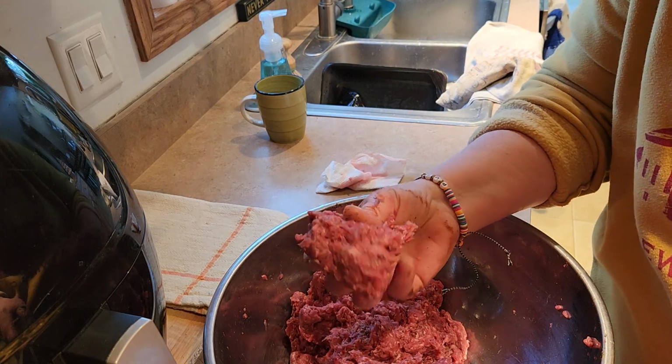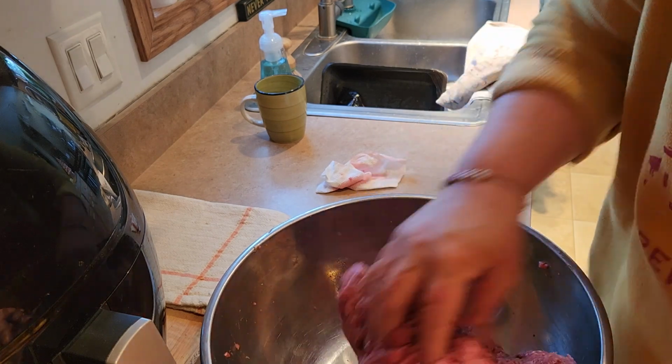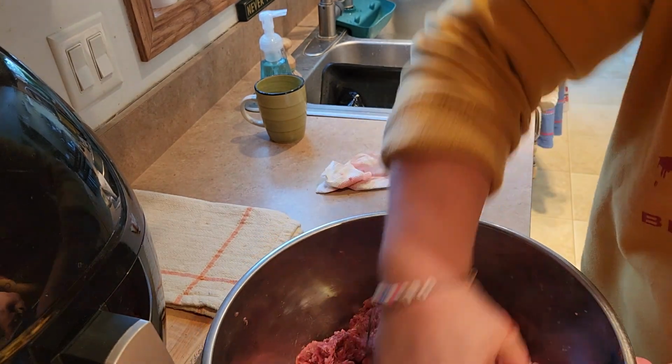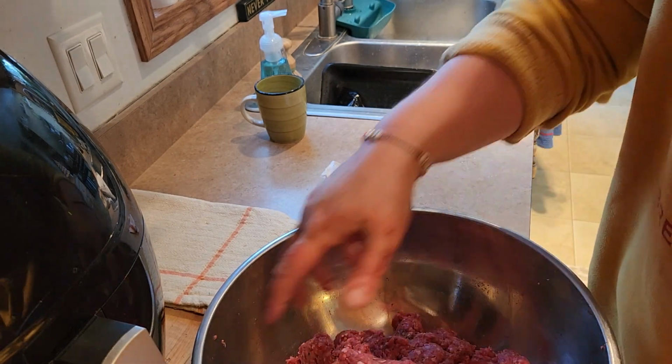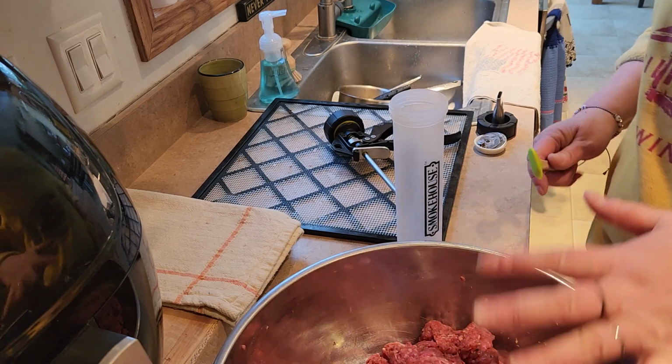I don't know if you can see the difference, but you can definitely feel the difference when you're working it from when you first start. So just a little bit of water, not a whole lot, okay? Okay guys, so now that our meat's ready,